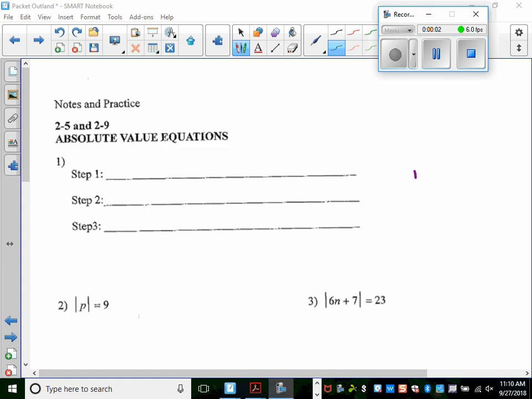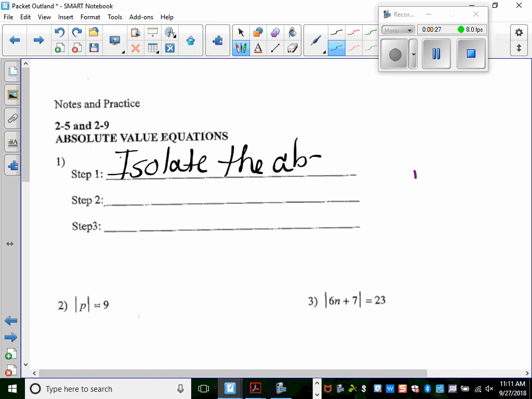Before, these are called absolute value equations. So we're going to fill in the 3 steps at the top, and then we'll actually go through the process together. Step number 1, when you're solving absolute value equations, you want to isolate the absolute value bars. So once you isolate the bars, this simply means make sure there's not any other numbers outside of those bars or